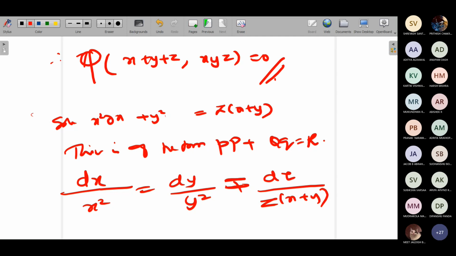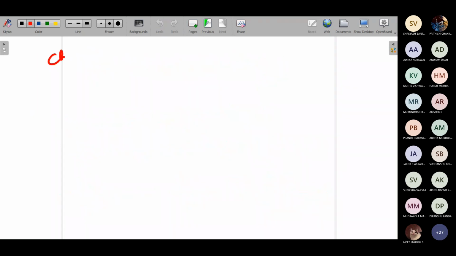I should have given dou z by dou x plus dou z by dou y. Sorry. So solve x square into dou z by dou x plus y square into dou z by dou y is equal to z into x plus y. This is another way of questioning. Instead of p, they are giving dou z by dou x. This is of the form Pp plus Qq equal to R. So I'm getting dx by x square equal to dy by y square equal to dz divided by x plus y. So you can choose the multipliers